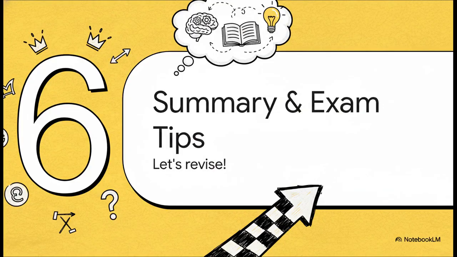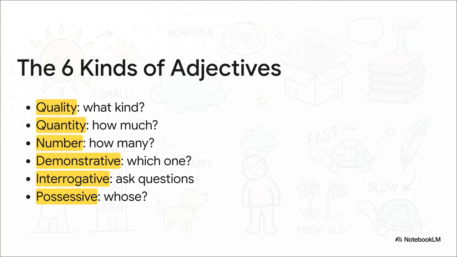Fantastic work, everyone! We have now covered all 6 main kinds of adjectives. So for our final section, let's do a quick revision of everything, and then I'll give you a simple tip to use in your exams. So, here are all the 6 kinds we learned today. Remember,